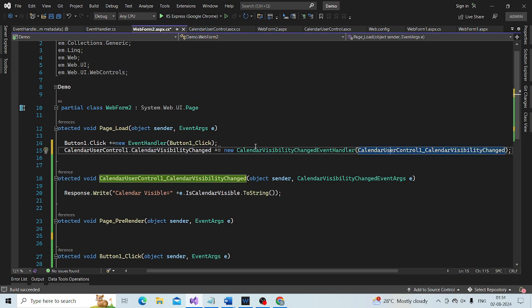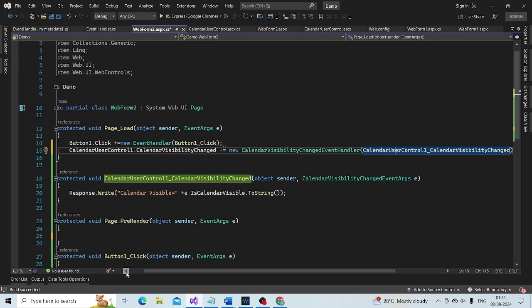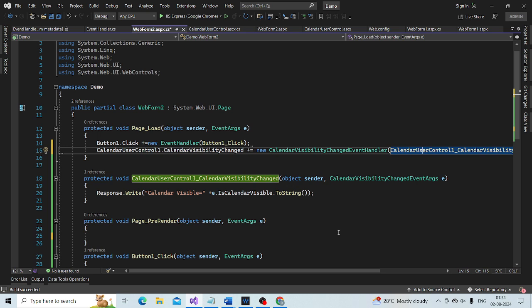So that is why, keep in mind, the event handler, this calendar visibility change event handler method or whatever event handler method, needs to be registered before the event is raised.